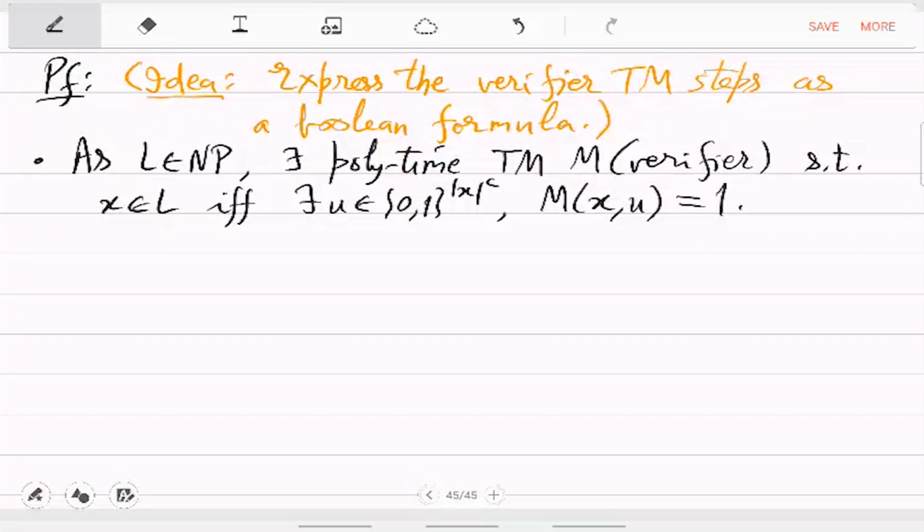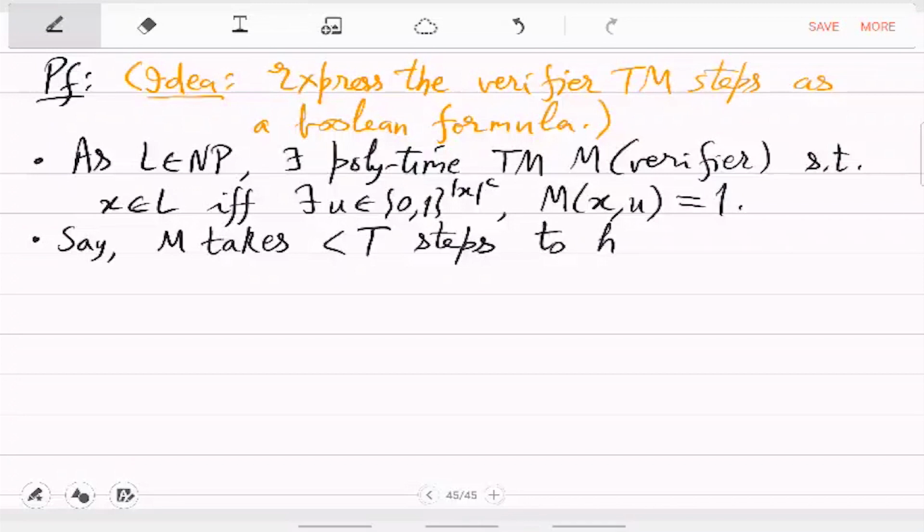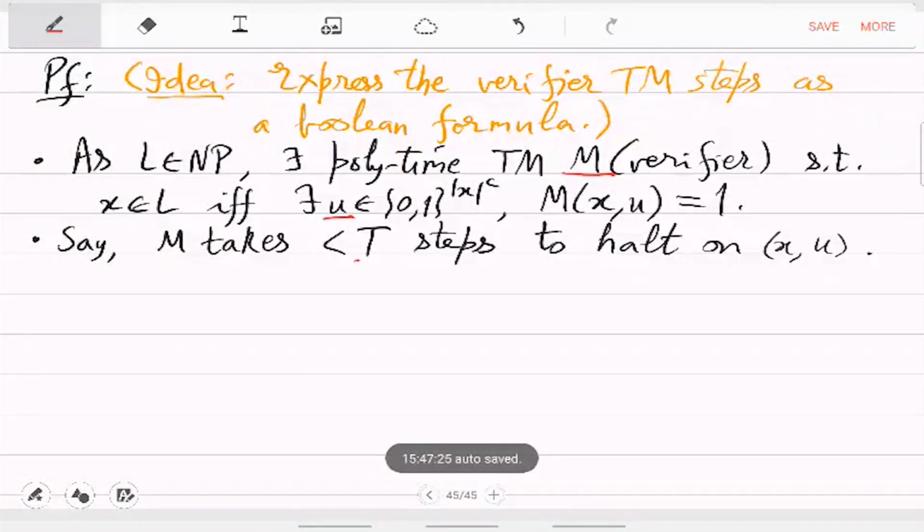Let M on (x,u) take less than T steps to halt. So T is the time complexity that we are talking about. M is again the verifier, u is the certificate, T is the time complexity, and L was your original problem,